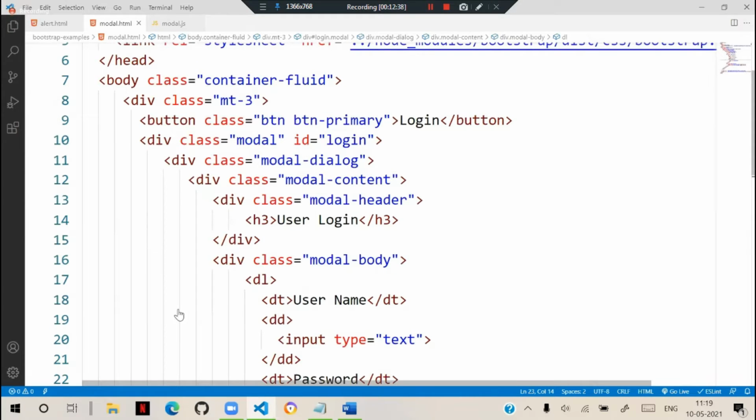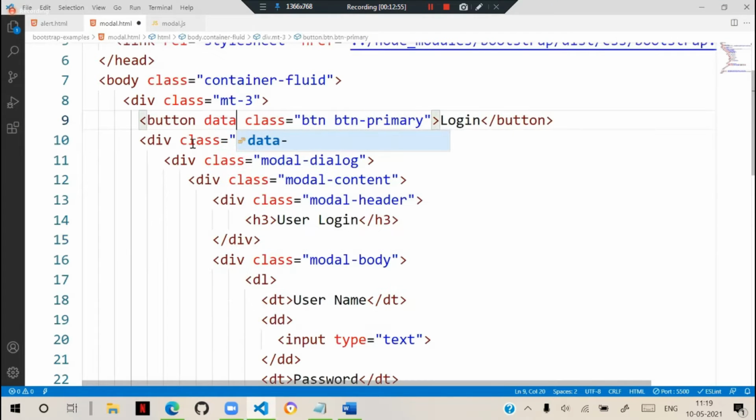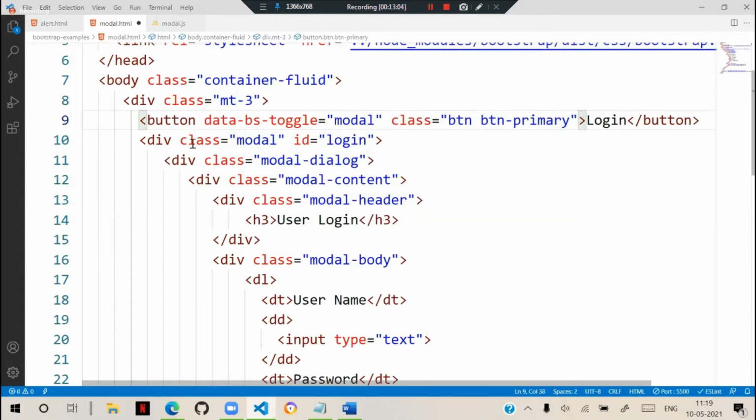initially on the button click, we want to launch this login. On the button click, we need to get that login. So when I click on this login, it should open that modal. Then here we have to add the options, data-bs-toggle, modal to toggle. Which modal? data-bs-target, the target is equal to hash login modal. That is the login screen, it should toggle. That's the option.